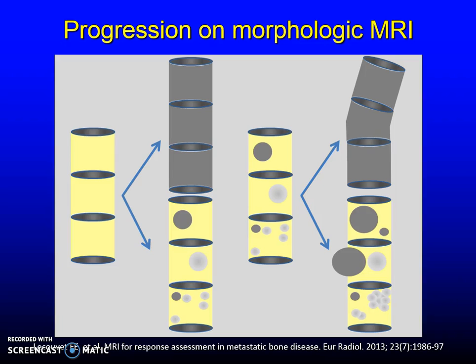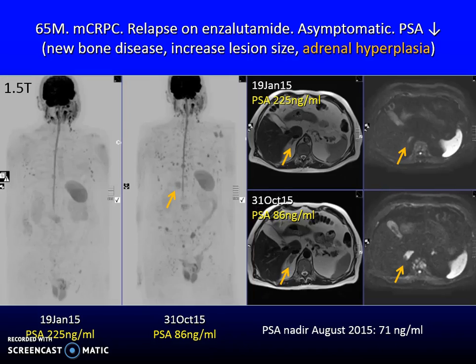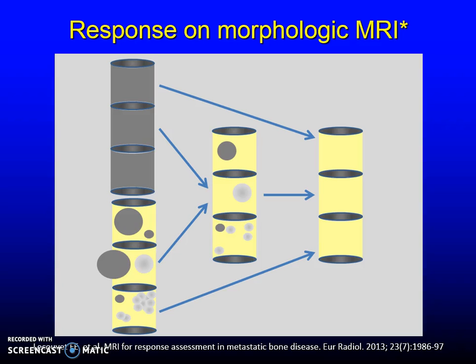And here is an example of a patient who is developing progression despite a reduction in the PSA. So you can see new lesions emerging. The previously noted lesion is larger, and if you look at the whole body diffusion scan, again you can see very many more metastatic deposits, and this area here in fact represents an area of adrenal hyperplasia because the patient is on enzalutamide, and response is the other way around, so you expect abnormalities to decrease or completely disappear if one were to look at response